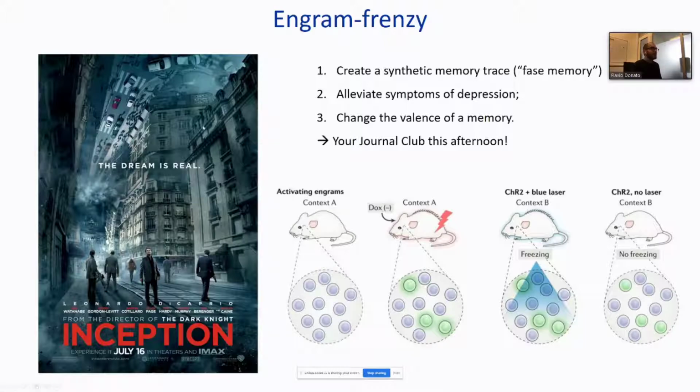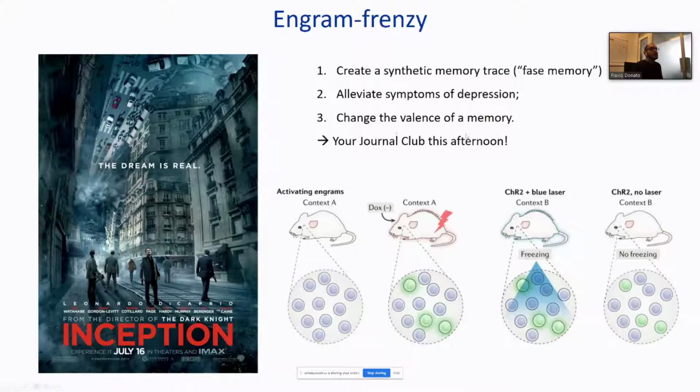You will see today there are 3 different studies that we are going to be discussing in the individual groups, in which people have been able, by using this trapping and the optogenetic stimulation technique, to create false memories, to induce the animal to believe something that was actually never there, to use positive memories and the remembering of positive memories to alleviate symptoms of depression in a mouse model for depression, something that gives, I would say, a sort of biological foundation to what people do in therapy.